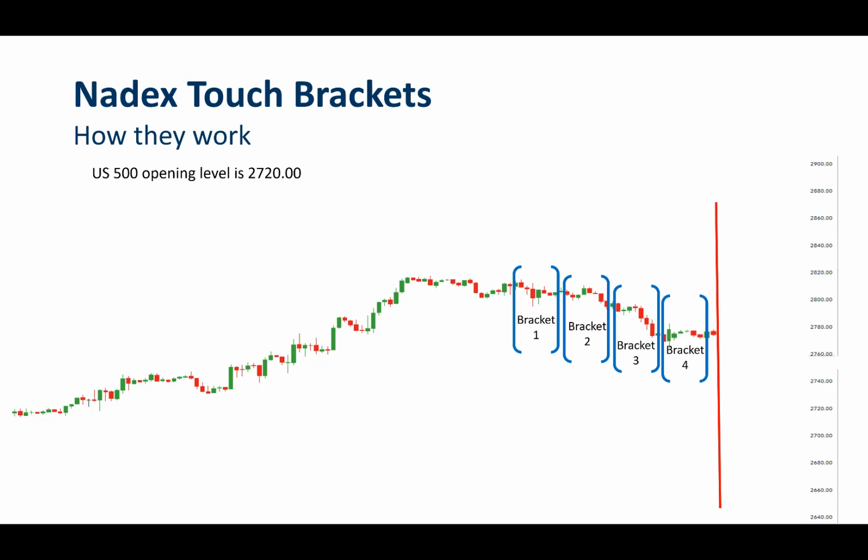In this example, using the expiration value methodology, the final expiration value is determined to be 2778.00. All 4 brackets will have the exact same settlement value. And again, the profit or loss on the positions reaching expiration will be determined by the difference between where the contracts were bought or sold and the final expiration value.